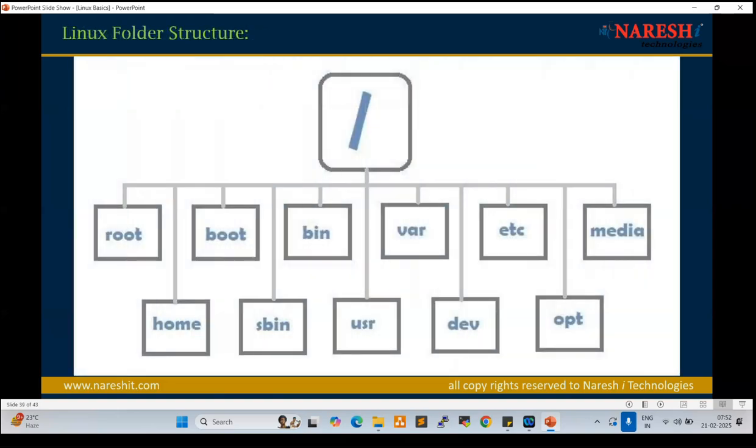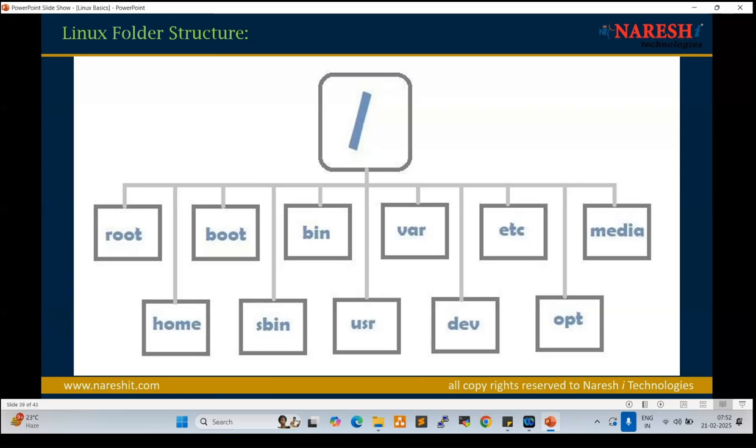Linux folder structure. These are the folders available in Linux: root, boot, bin, var, etc, media, home, sbin, usr, dev, opt. Even though in Windows also we have folders, right?